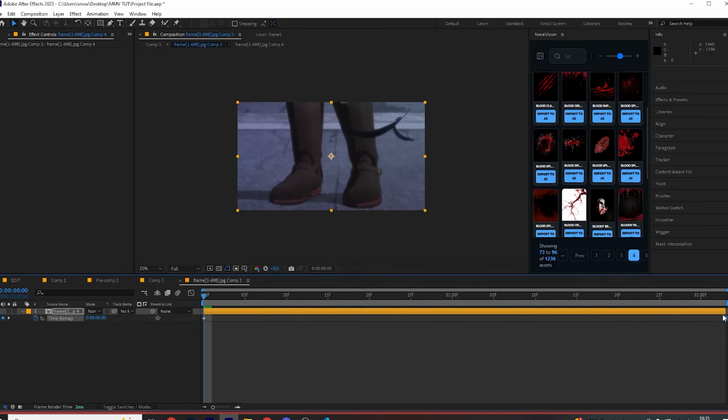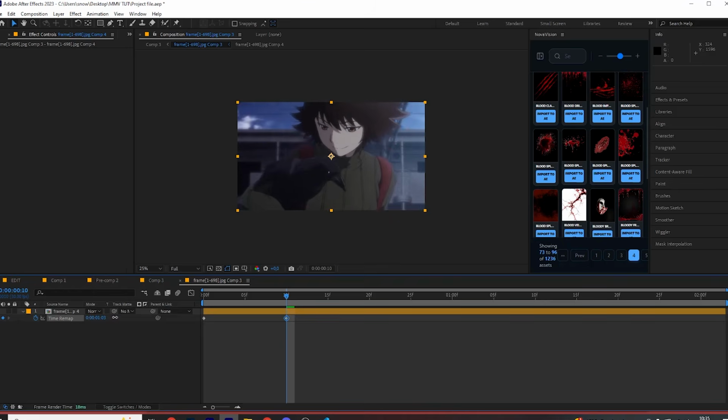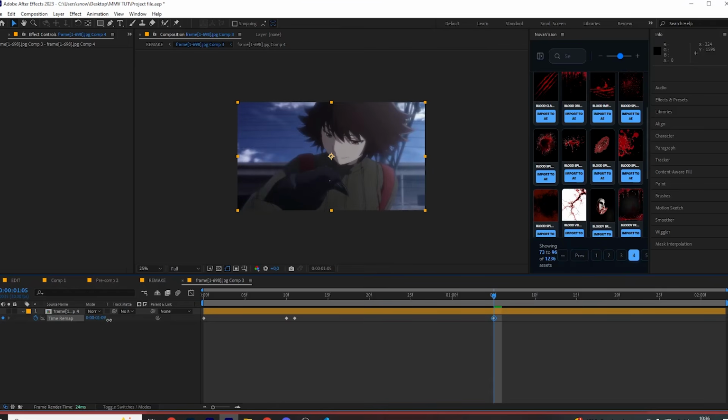You can remove this keyframe right here, this last one, and go 10 frames forward. And just increase right here the time remapping. Yeah, something like this. You can go 1 frame forward and click again on the keyframe. I'm gonna go almost one second forward, and you can increase just a little bit